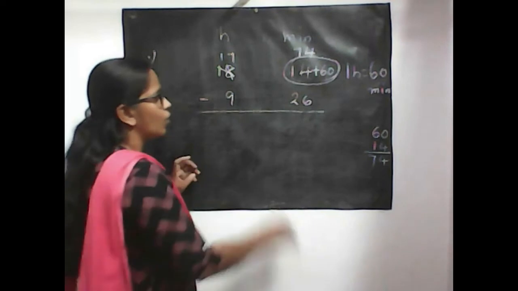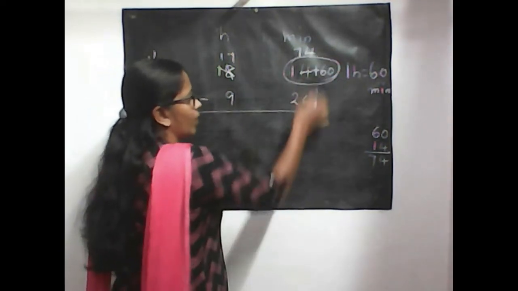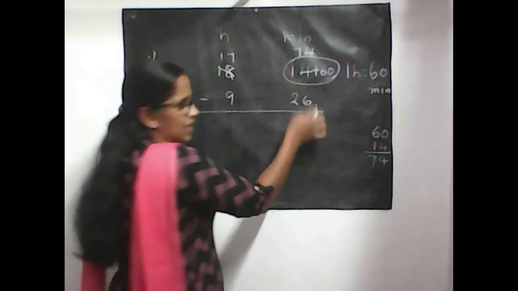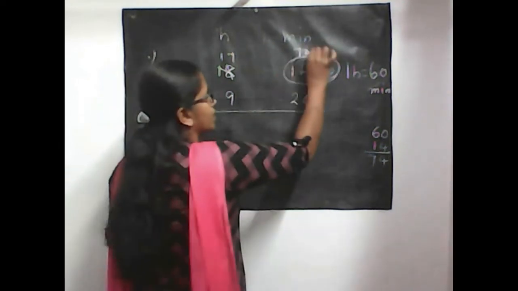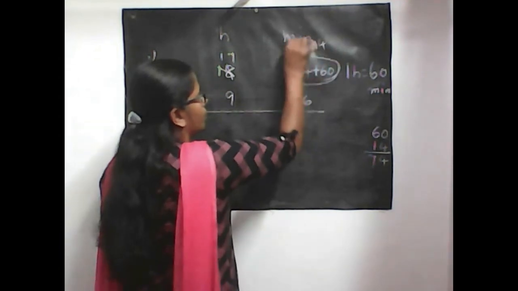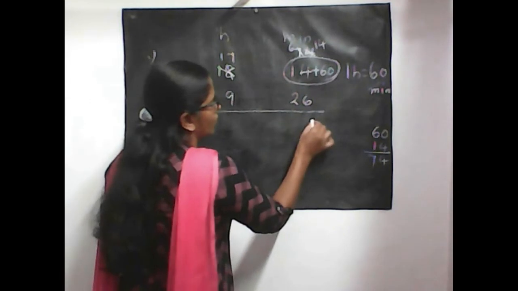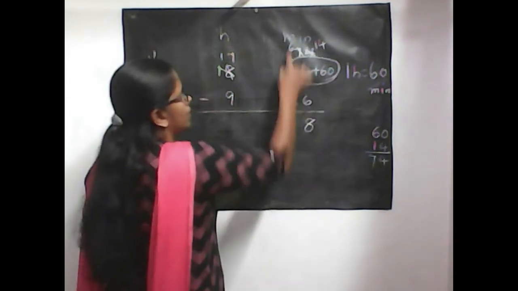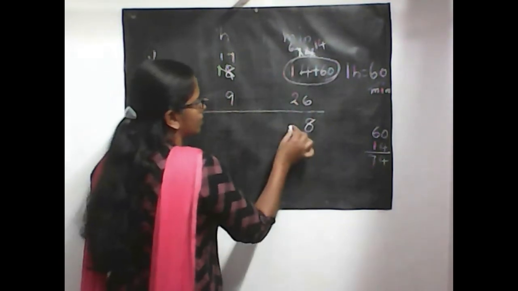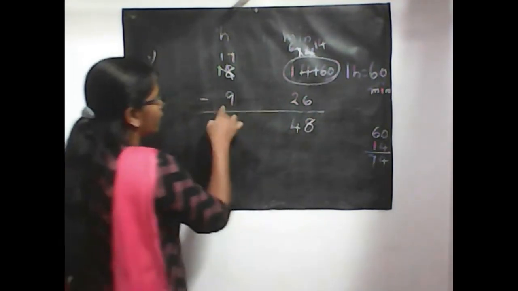Okay, so do the normal subtraction then. From 4 you cannot take. While doing subtraction, you should take each digit. Make it as 14 by borrowing from here. So it is from 14, 26. So you will get 8. From 6 you are borrowing, taking 2. So it is 4.